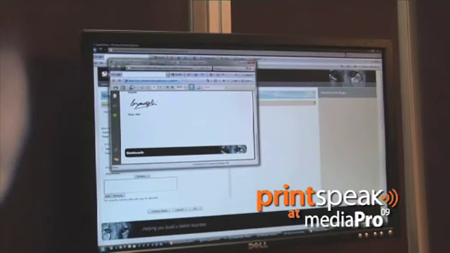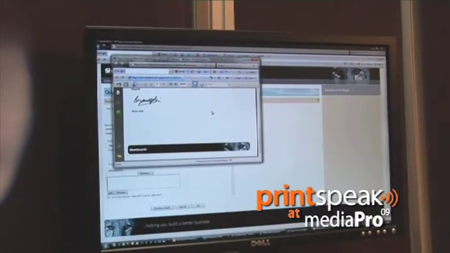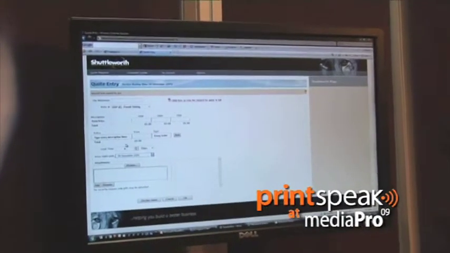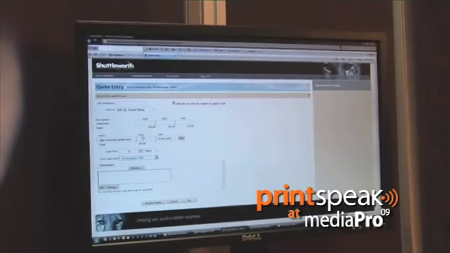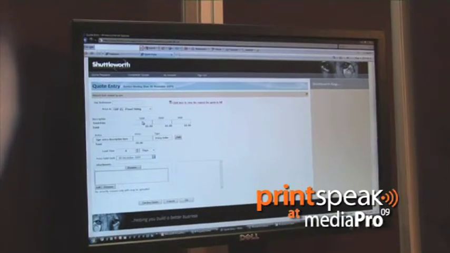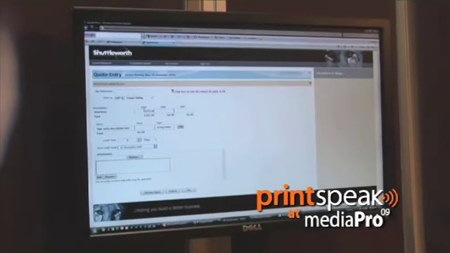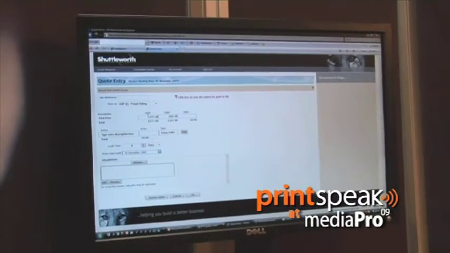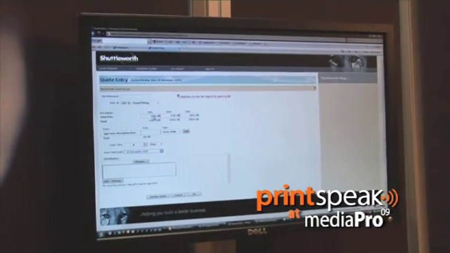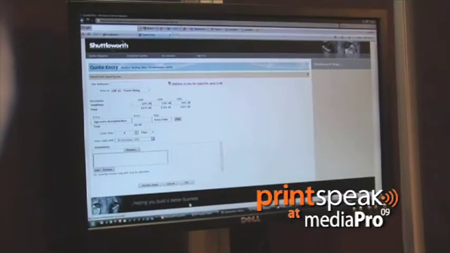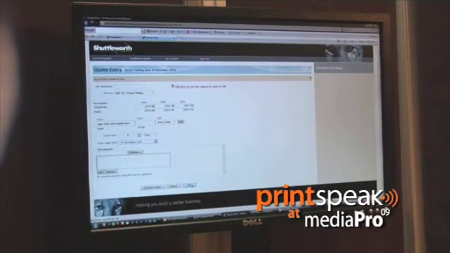And this is the area we then enter our prices. So if we were entering prices, let's go 273, 362 and 451. Can enter in any additional prices here, any attachments. Once we've done that, click OK, and that then goes back to our Shuttleworth system